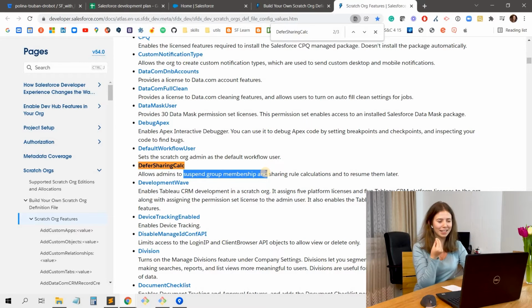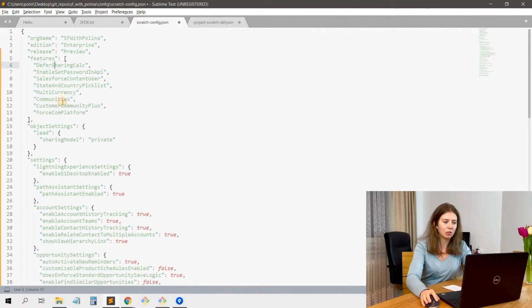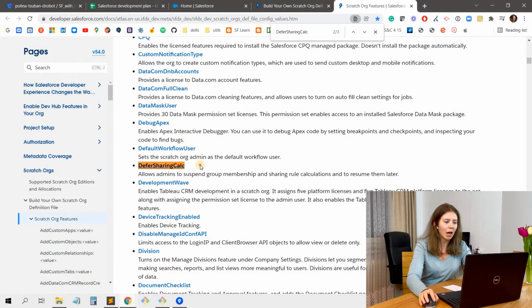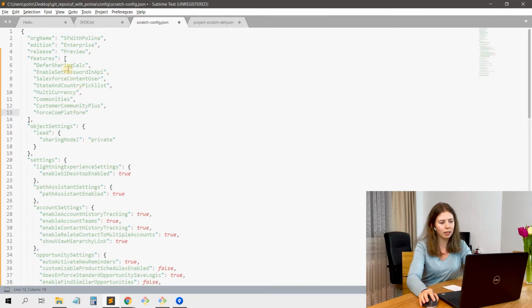So the most difficult part in this whole writing of the Scratchwork file is to find what exactly you need, because you might face an error like some standard field is not available on the standard object, and that means that you need to extend this data model with some feature enabled. So but anyway, I will probably only dive into this because all the rest is more or less clear,